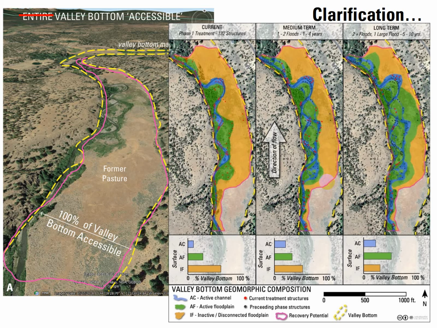So when Nick Weber talks after this, we're going to get at this question of whether or not the entire valley bottom is accessible or just part of it. And right here, what you're seeing is in yellow, the valley bottom, and then in pink, we're seeing this recovery potential. And one of the important points to make is that it's not actually, as I listed up here, the entire valley bottom. Well, what's the reason for that? The reason is because there's a property line right here, okay? And